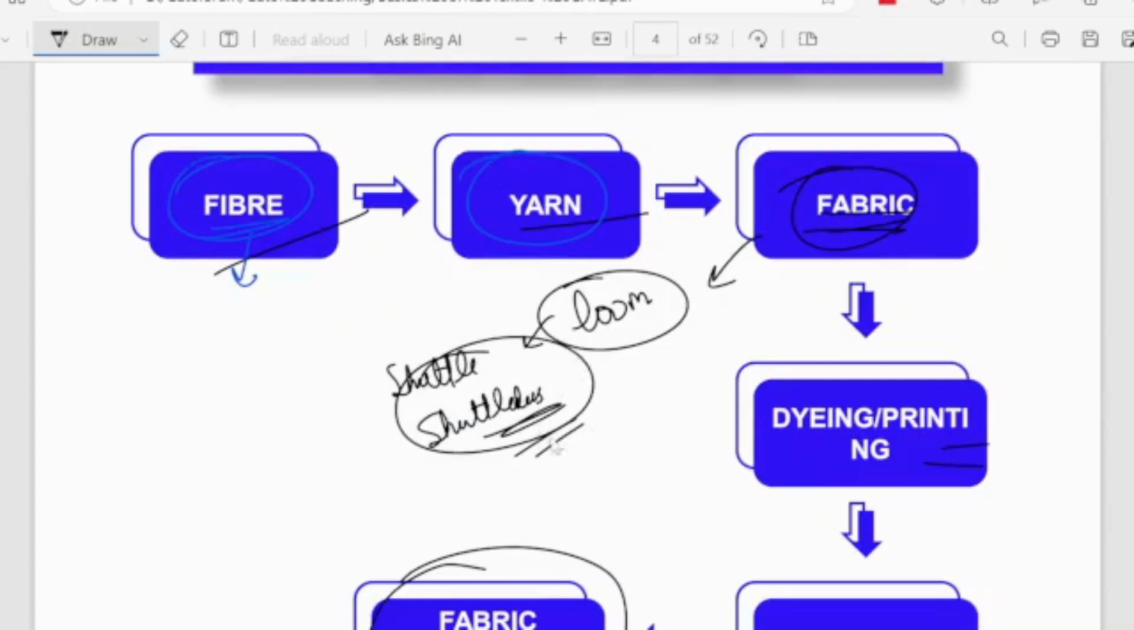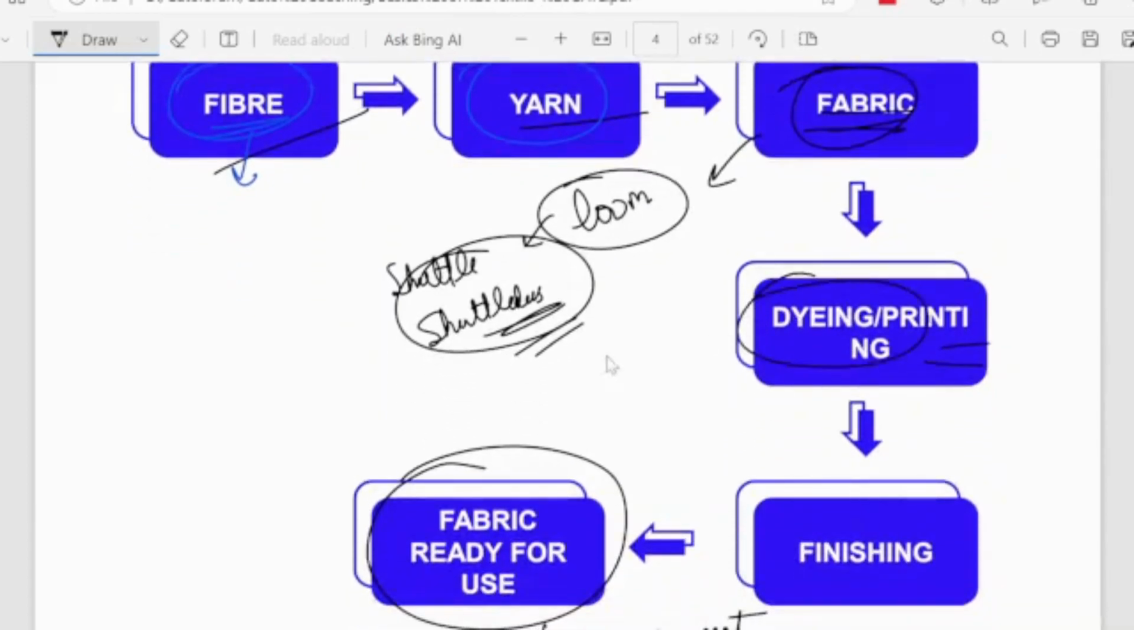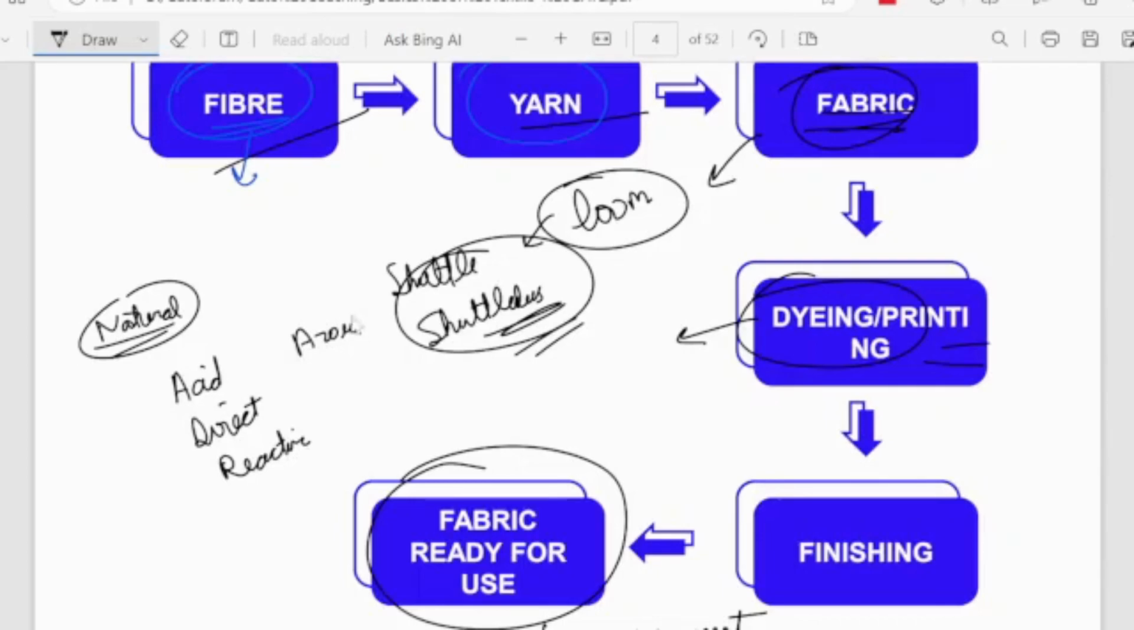In whatever loom the fabric is manufactured, it is further put into treatments, meaning dyeing and printing are done. If we talk about dyeing, in dyeing you dye basically with natural dyes or synthetic dyes. Natural dyes include indigo and so on. And if you classify dyes, there are acid dyes, disperse dyes, direct dyes, reactive dyes, azoic dyes, modern dyes,